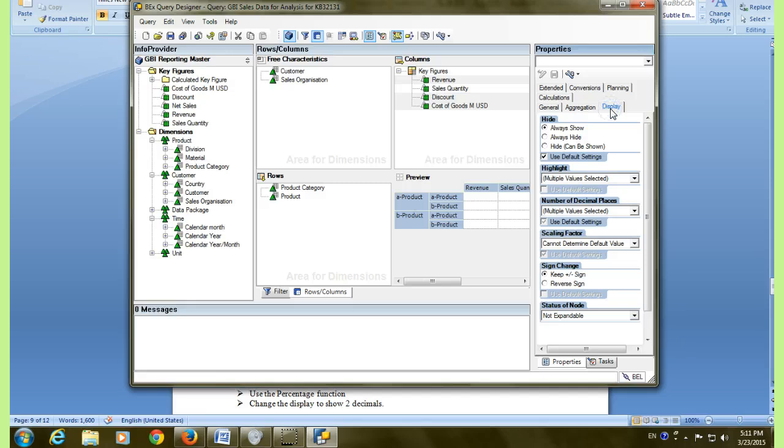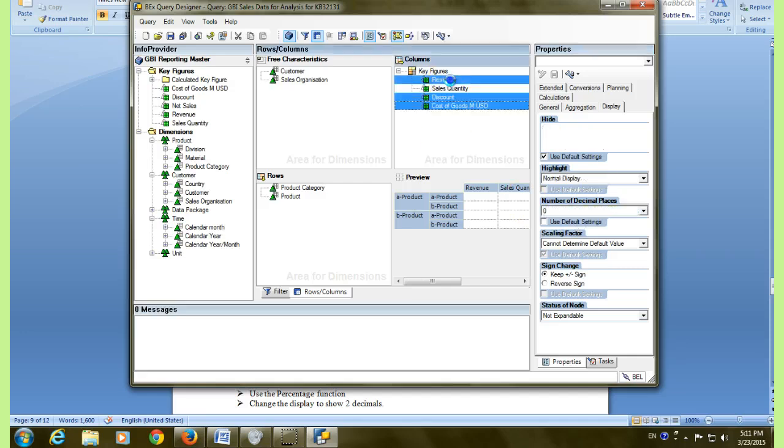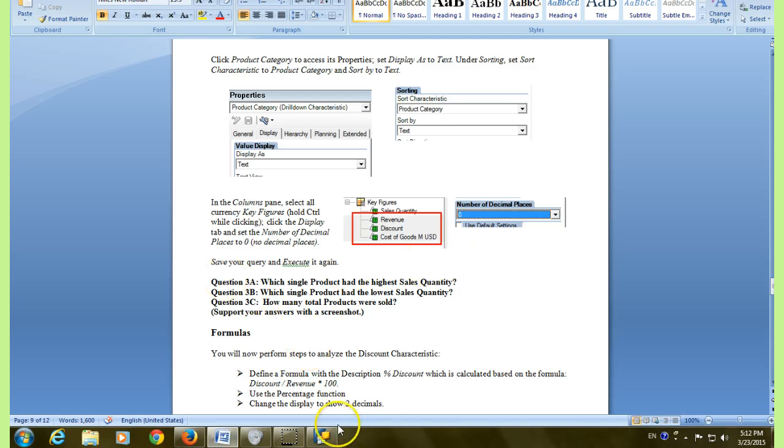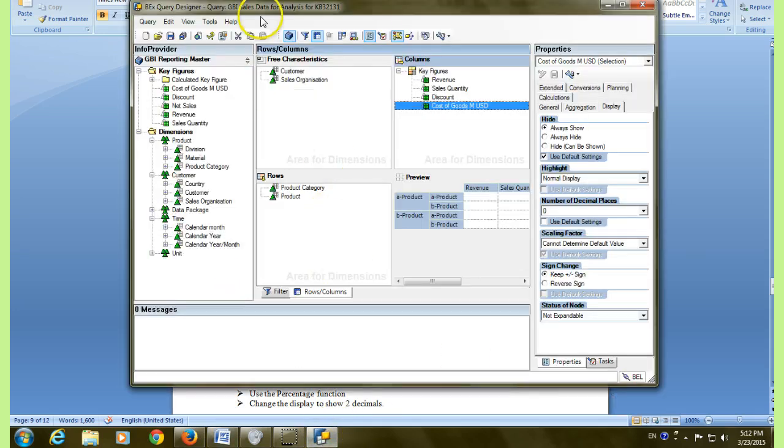I go to display, decimal places 0. So let me check each one of them. This is number of decimal places 0, discount is 0, cost of goods manufactured is also 0. Okay, so I'm done with it, and then I have to execute it again. So I execute my query, sorry, this is saving. Execute my query,